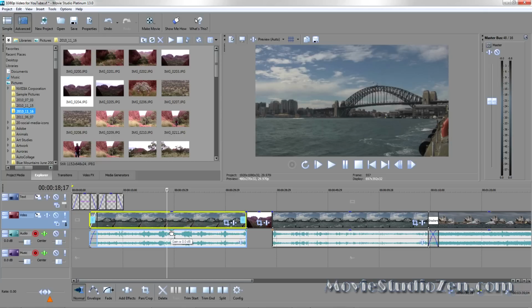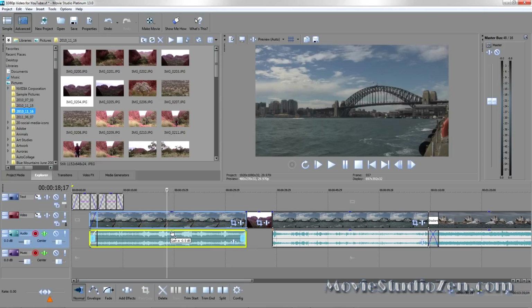The same thing happens on an audio layer. So for audio, if I wanted to bring the sound level down, I can drag that down and you can see the waveform is shrinking. So that's one way you can adjust audio just for one particular clip on the same track.